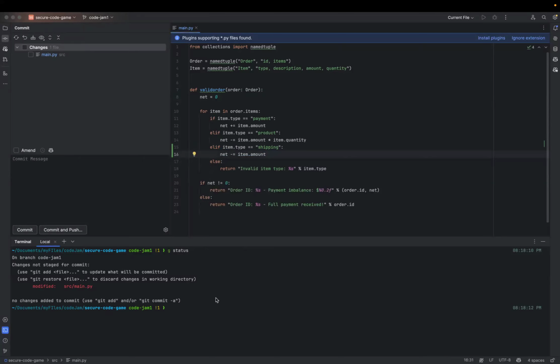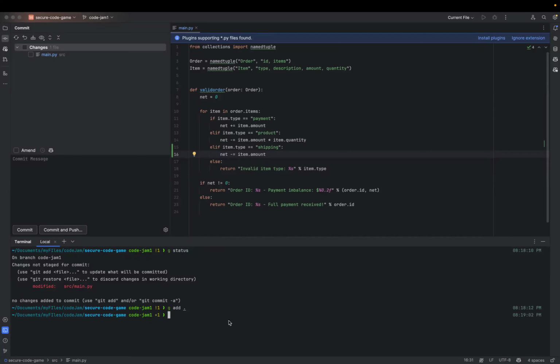So now let's try to add this to the stage. I hope you can see my commands. These are the commands that I'm executing, so try to follow them. Hitting git status, you can see the informative details about the file modifications. So git add dot means add all the things to the stage.